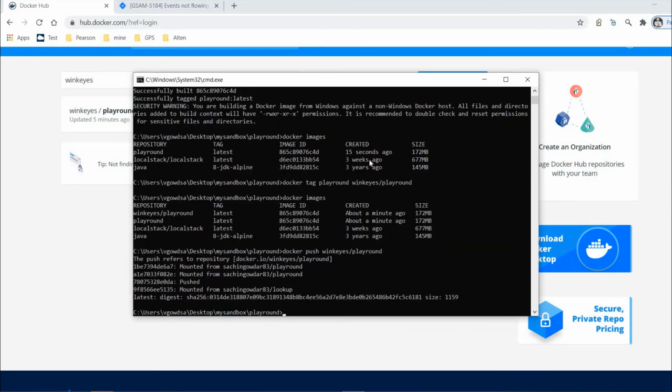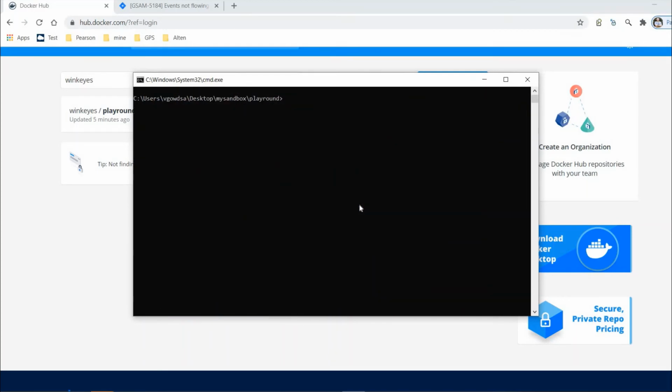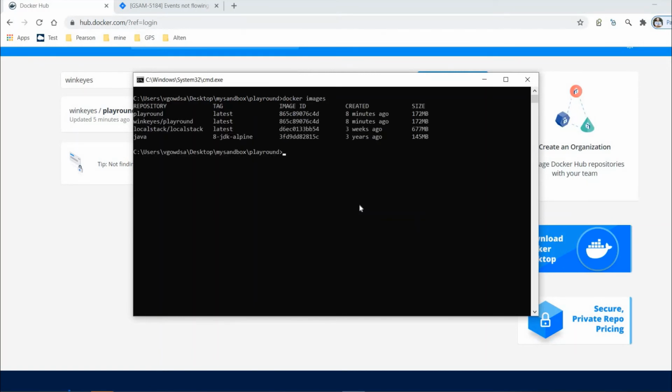So now currently let me clear all these things. Since the Docker image is available in my system, docker images, I want to remove that one, because since I'm pulling the new image from the repository, I need to act like I am fresh and I don't have that particular image at all. So we need to remove this image.